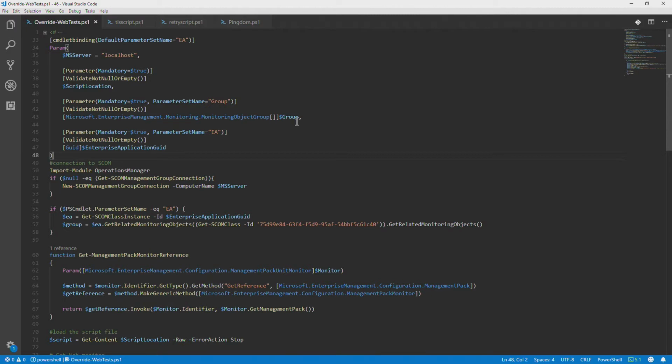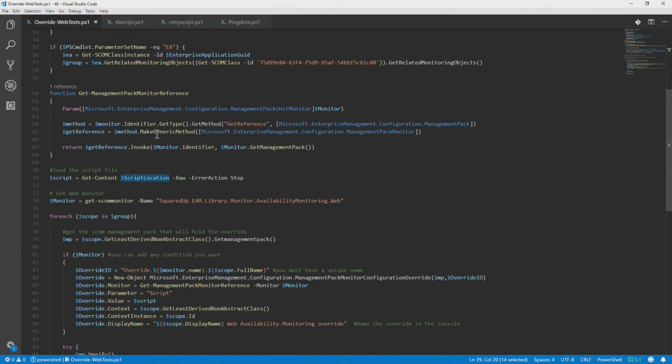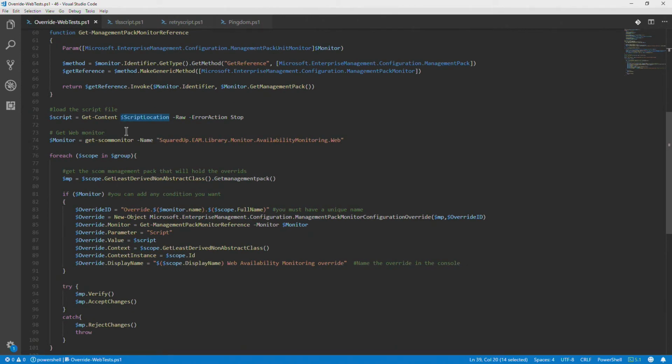The scripts of GitHub, basically what it does is you point it at a script file that you want to replace the default monitoring with, point it at a group or an EA, and then it will create an override applied to that group or EA with that script. So it's pretty simple, so I won't labor the point too much there, but basically it goes into the management pack the EA is in and adds that as an override,